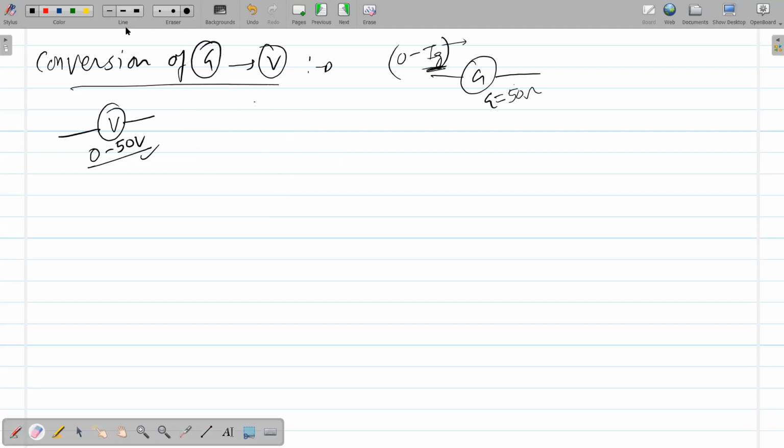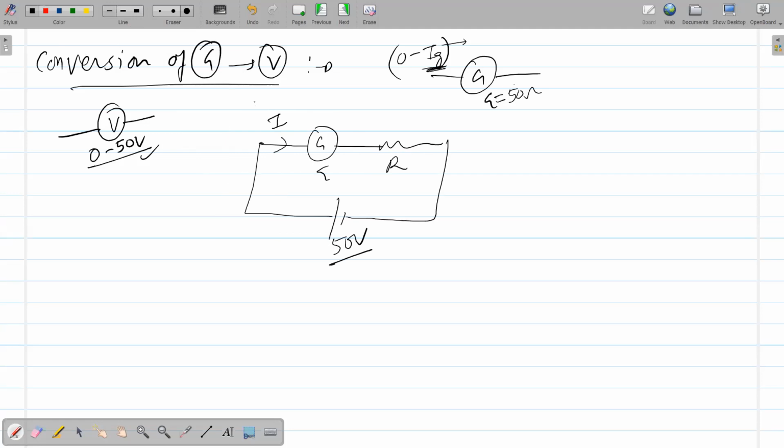So what should be done? How can it be used further? Yes, connect a new resistance in series. Perfect. So here let's connect a high resistance in series. Why high resistance? Because we want to increase the resistance of this circuit so that when the desired voltage is applied, the current in this circuit does not exceed Ig. As this current is very small, to make sure that a current not more than Ig flows through the circuit, we'll have to take one high resistance wire in series,